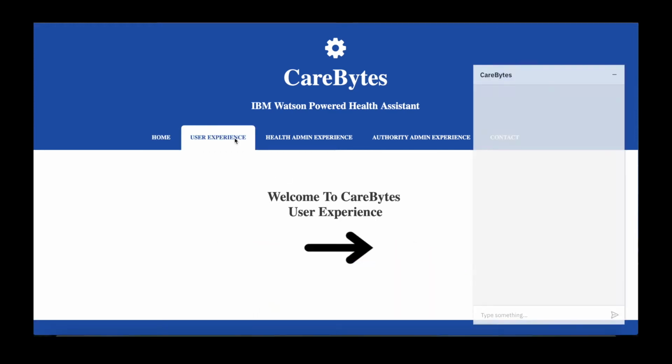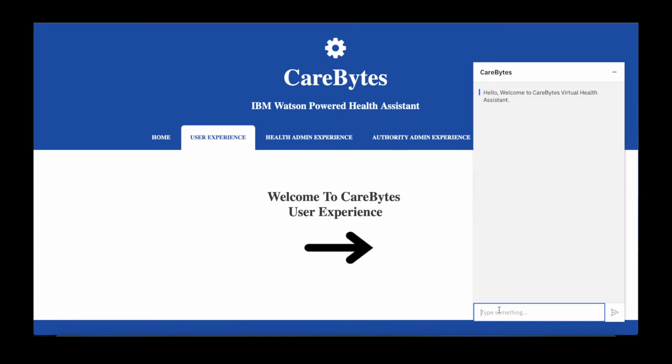From a user experience perspective, it will be a Watson Assistant chatbot. The chatbot is used to gather the user health information. Once the user starts the conversation, he will be asked to select the modes. Health checkup mode, where he can submit and review his current health condition. Quarantine mode is specific to the quarantine patients, and he can also track the status of his request. So I'm now selecting the health checkup mode.